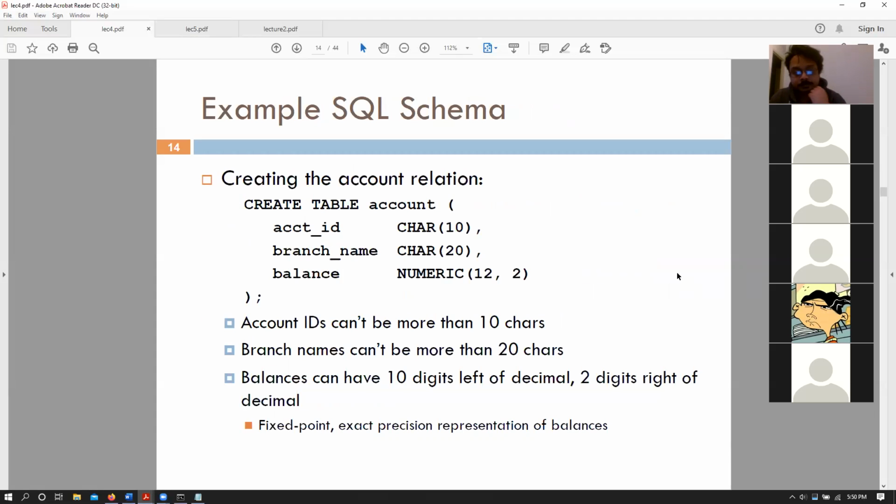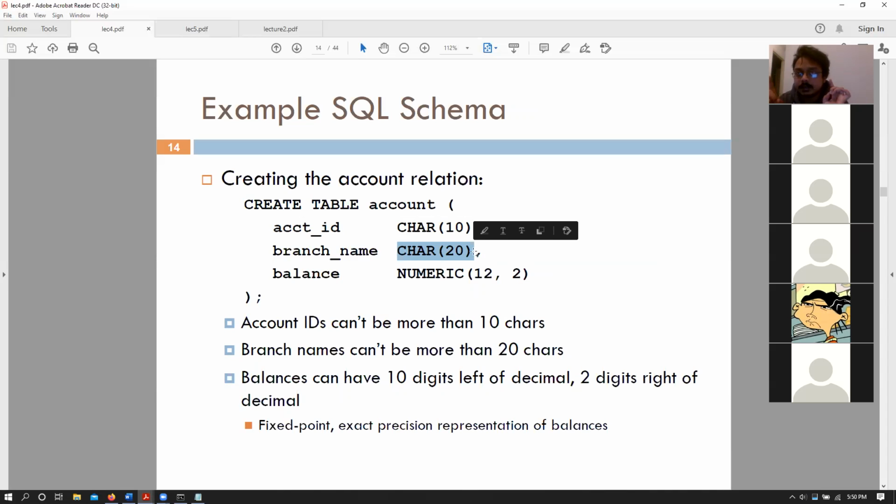Okay, so now if we want to create a table, that basically means create table, that is the command, followed by the table name, and within parentheses, your attribute name followed by the data type of your attribute. So in this case, account ID with the char 10. That means my account ID is a fixed size of 10 characters. That makes sense because all account IDs are the same length. Then, separated by a comma, we have branch name as our attribute 2 with a domain type of char 20. That means we have a fixed length of 20 characters.